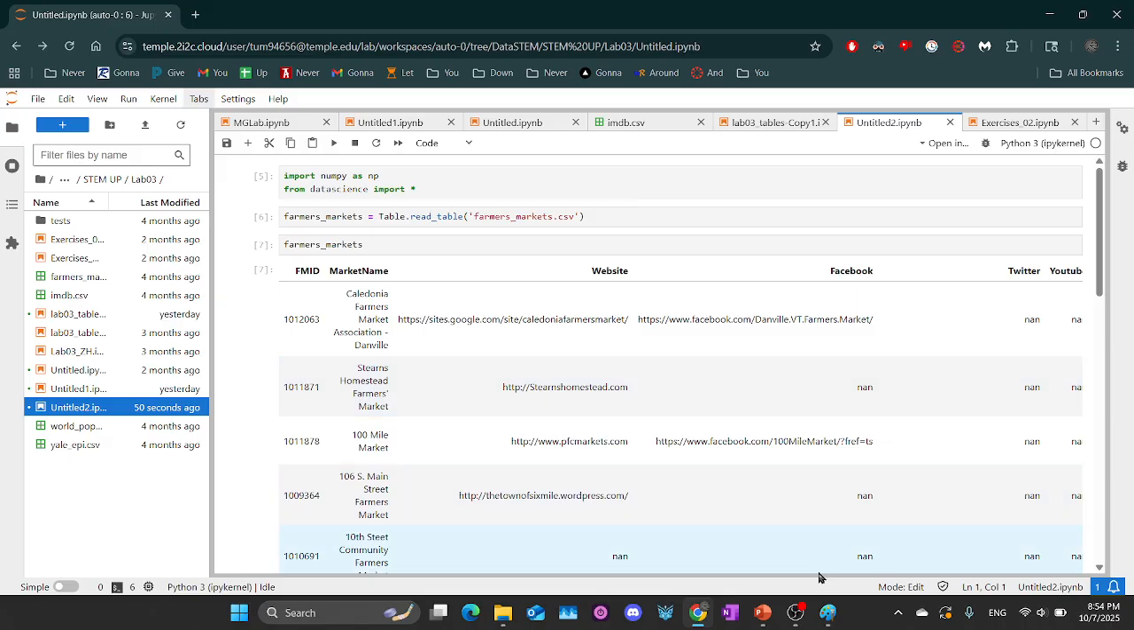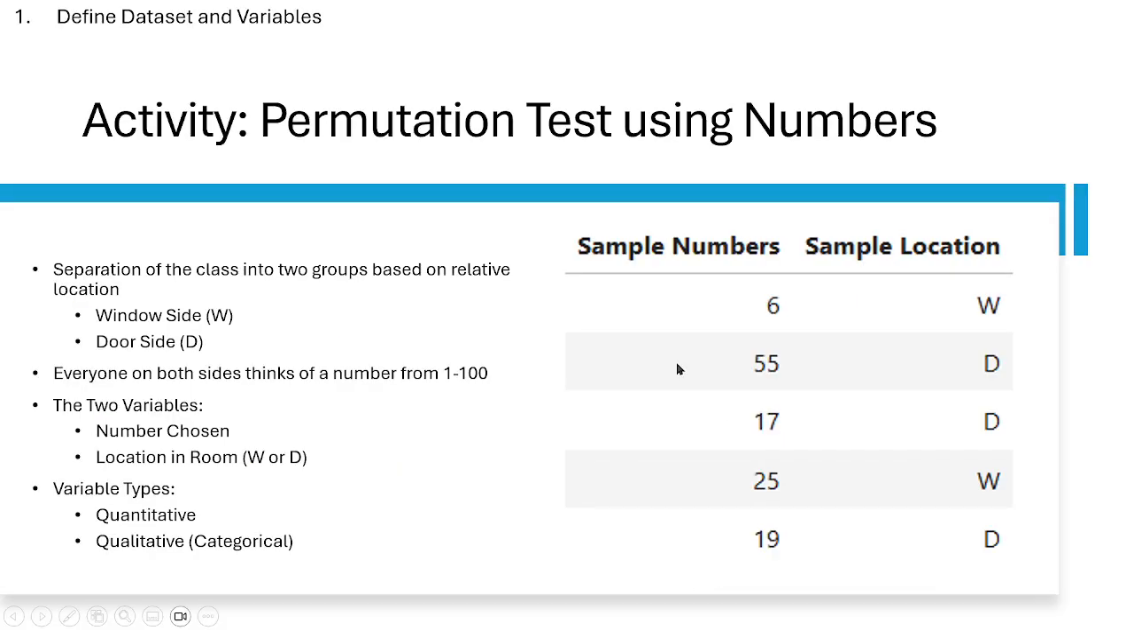In our simulation, each row corresponds to a student, right? So in class, what we had people do is spread out across the room. Then we split the classroom into equal halves. If you were on the window side, you got a W. If you're on the door side, you got a D. And every person in the classroom would